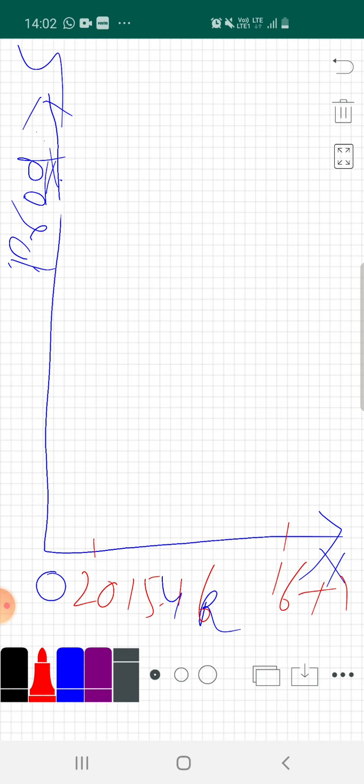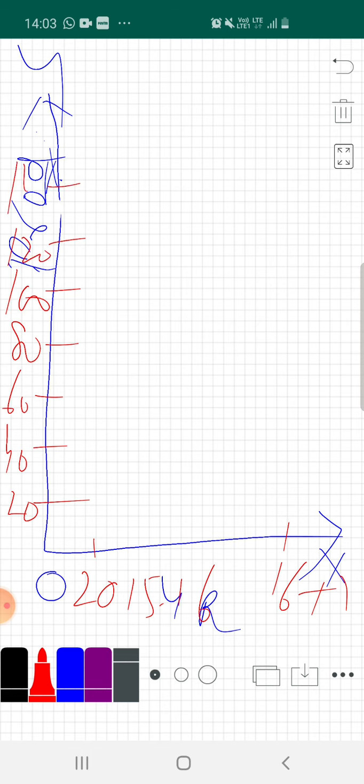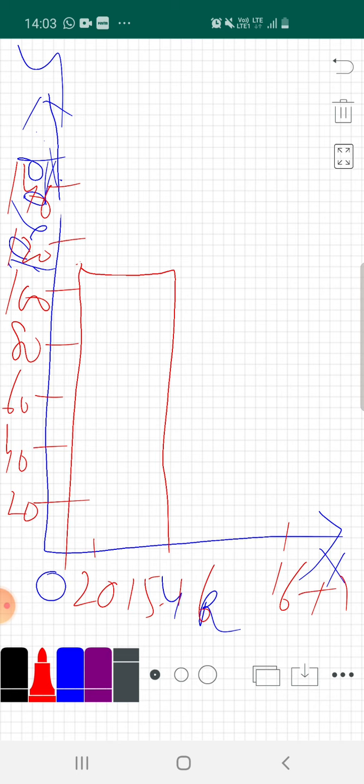So we need figures on the y-axis first of all. As the figures are large, we can take a gap of 50 also. We can take a gap of 30 also, or 40 also. So for your convenience, we are taking a gap of 20, 40, 60, 80, 100, 120 and 140, as the highest is 140. Clear? So for the year 2015-16, the sum total is equal to 110. Where will 110 be? Here. So you make a bar here first of all for this year.